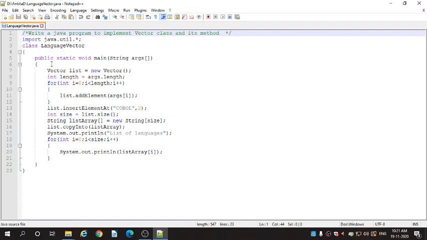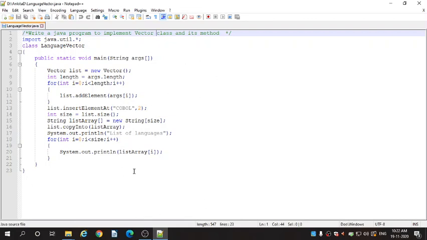Inside the class we have declared the main method, that is public static void main, which takes string type arguments. Inside the main method we have created the object for class Vector, that is list. The object name is list. So Vector list = new Vector.